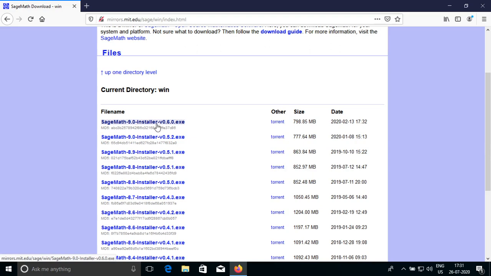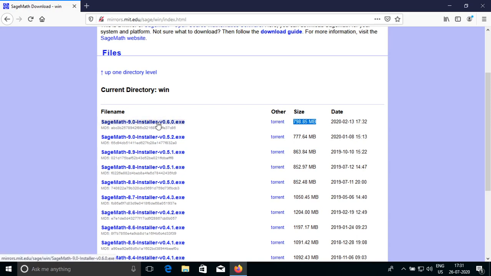Whatever is appearing on the top is going to be the latest version most of the time. And just see that this is a 798.85 MB file. So if your internet connection is not fast, you may try to download this from some other system and bring it to your system using some pen drive or something like that.